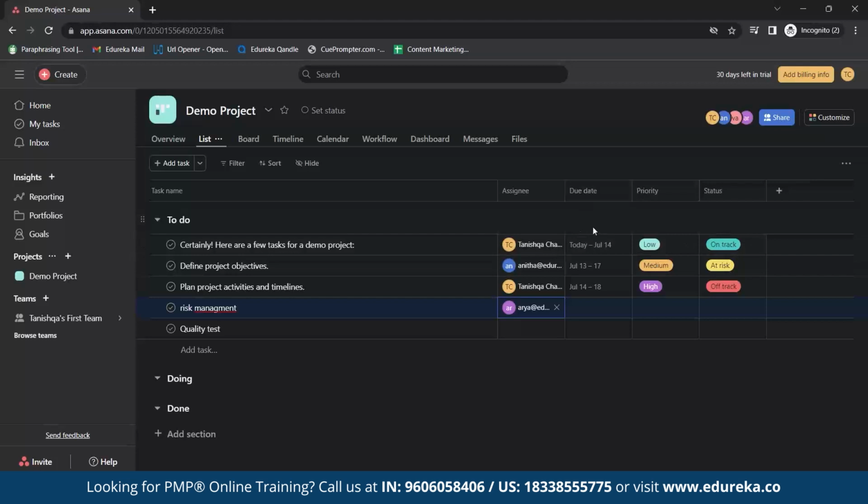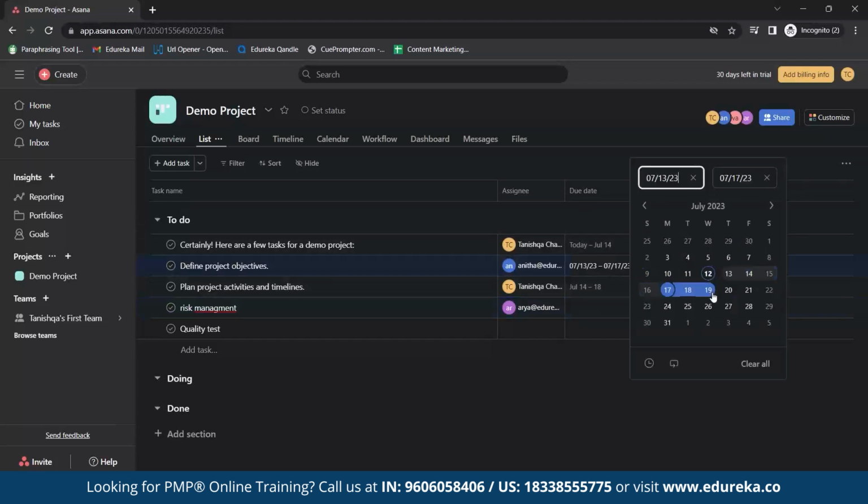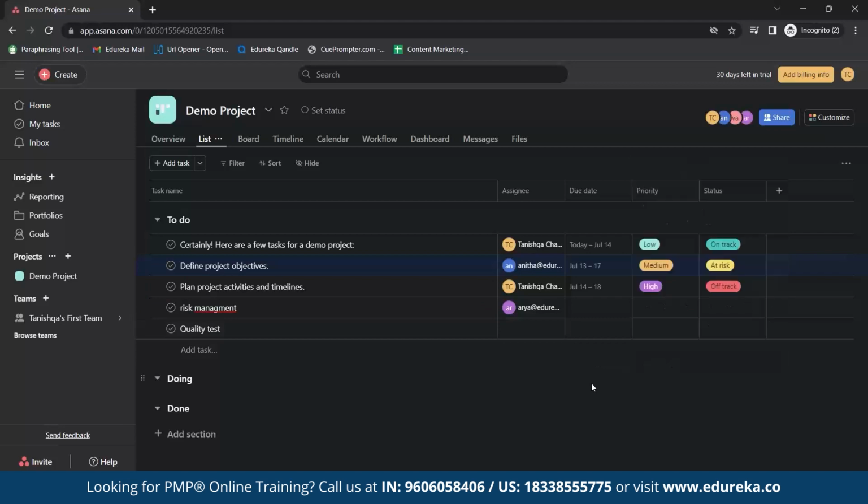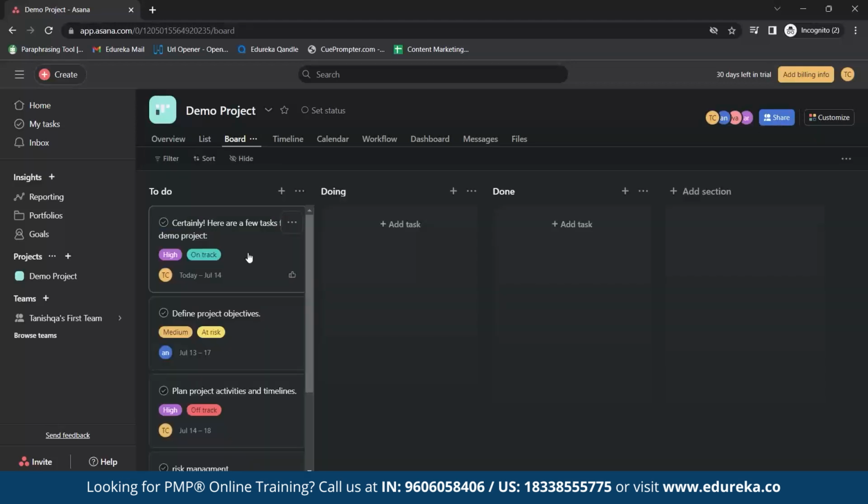And here you can also see your due dates. You can also change the due dates based on your requirements, when these particular tasks should be completed. And you can also change the priorities based on your requirements. You can either make it low, medium, high. And apart from that, you also track down the status of each and every task. And here, one more benefit is that you can drag and drop each task wherever it has to be placed